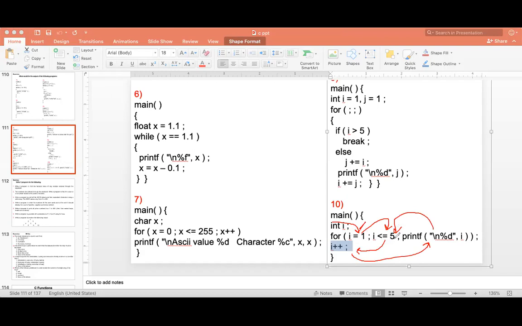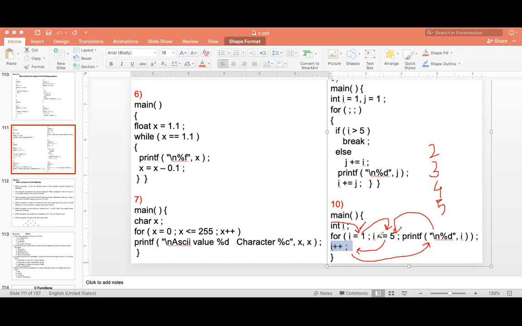Okay, so i equal to 1, condition is true, i plus plus, i becomes 2, 2 gets printed. So your first output is 2. Then i less than or equal to 5, condition true, i plus plus, 3 gets printed. i is 3, condition is again true, 4 gets printed. Now 4 is less than or equal to 5, condition is true, i plus plus, i becomes 5, so 5 gets printed.